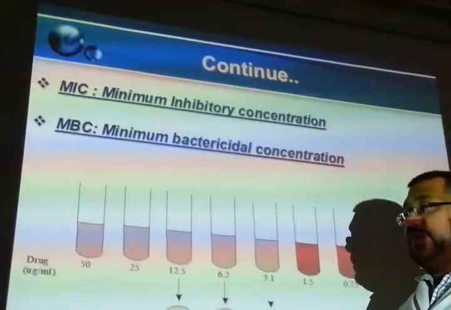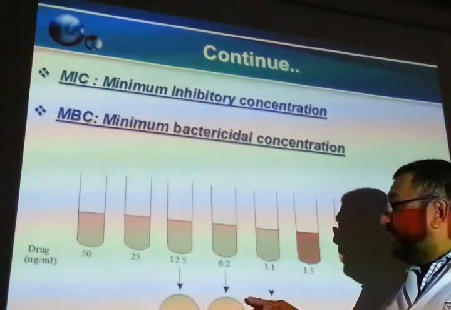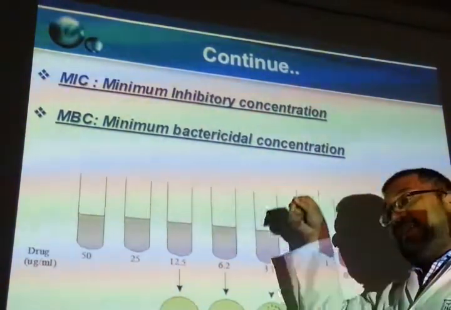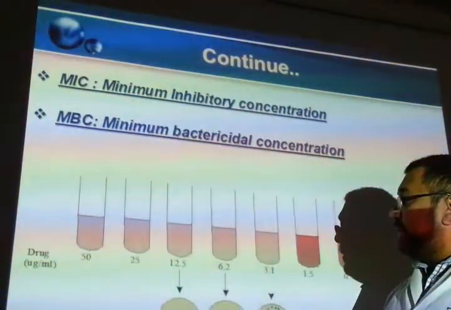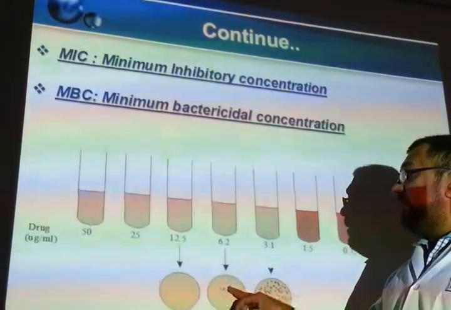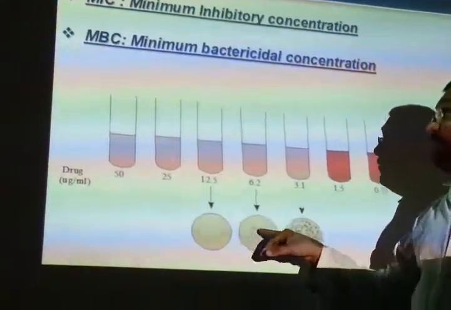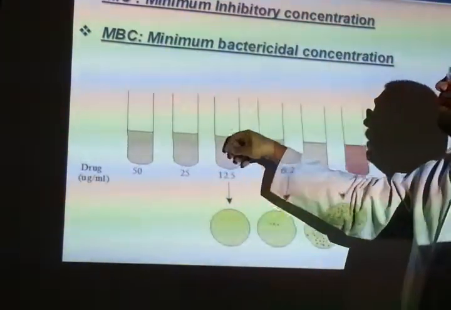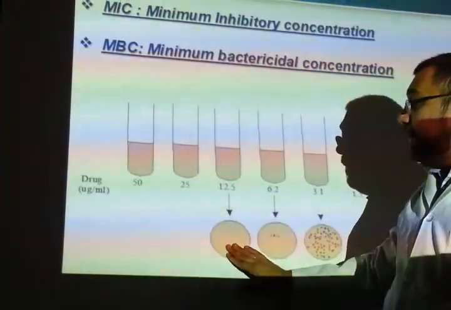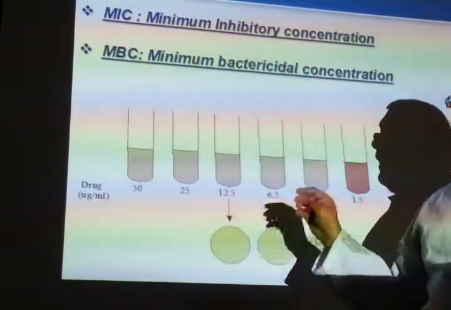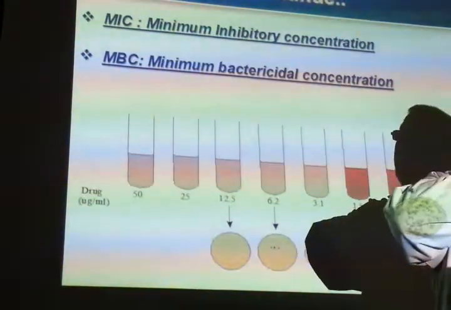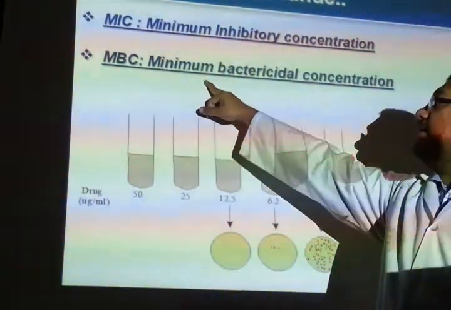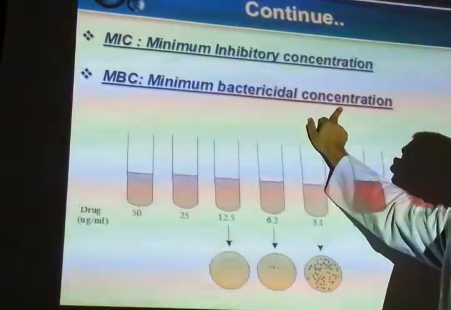Here, till this concentration, most of the bacteria are growing. But in the next culture, you see bacteria number has decreased. We take the culture, grow here, still bacteria are growing, but decreased number, very few. So this is the minimum inhibitory concentration. In the next tube, we take again and grow here, nothing is growing. That means the antibiotic has killed all the bacteria, and that is the minimum